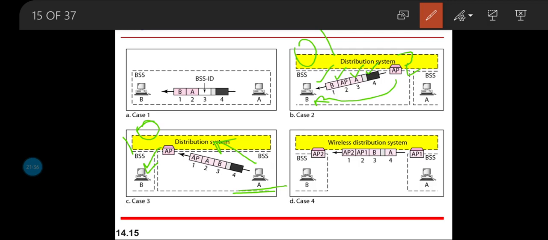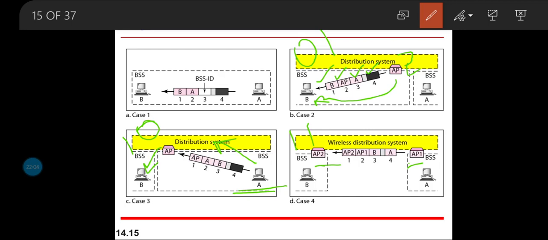Then we have the next case, when To DS is set to 1 and From DS is also set to 1, which means I am making use of a wireless distribution system, or the distribution system is wireless in nature. Then I have to include both kinds of DS. The frame is now going to go from one access point to another, from access point 1 to access point 2 in a wireless distribution system.